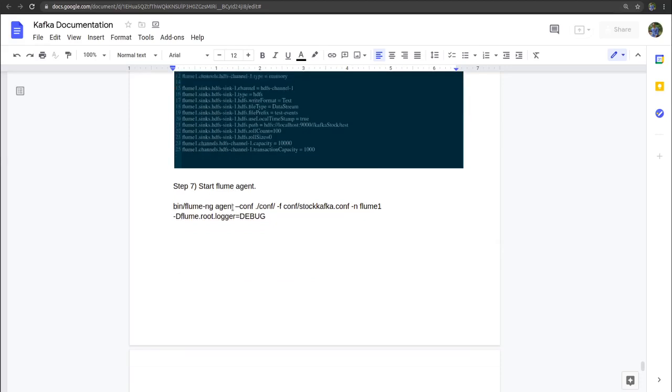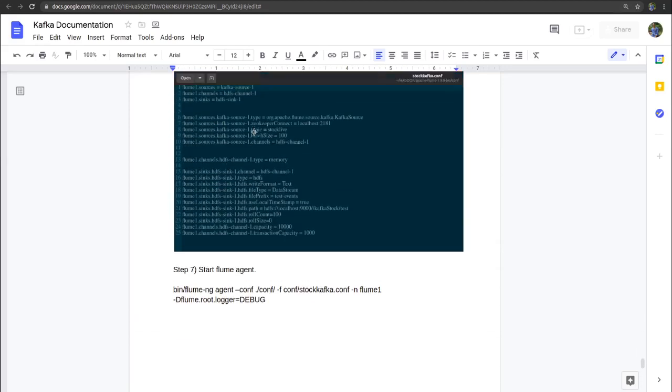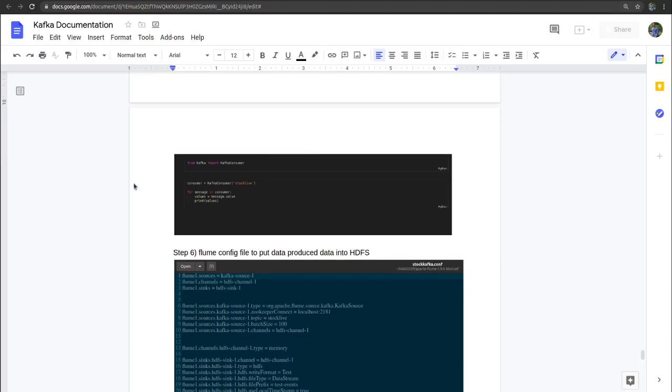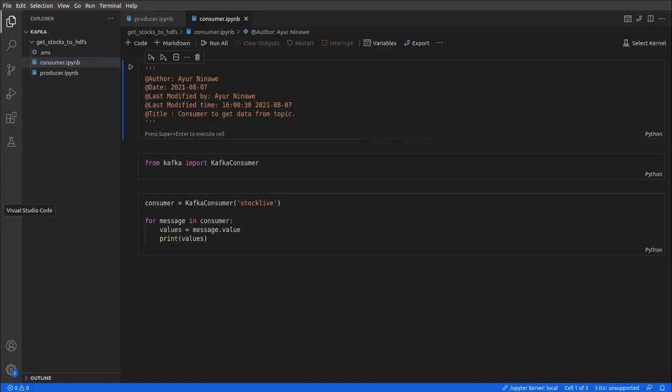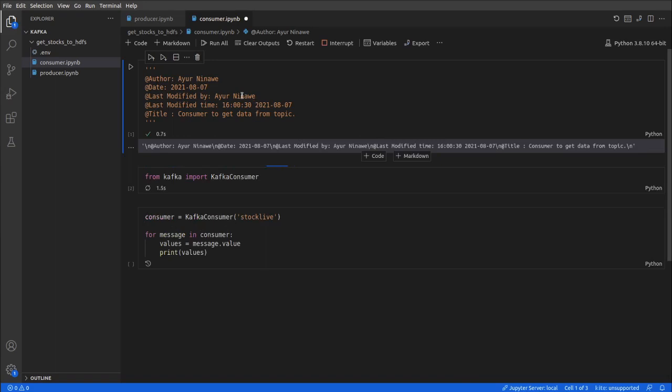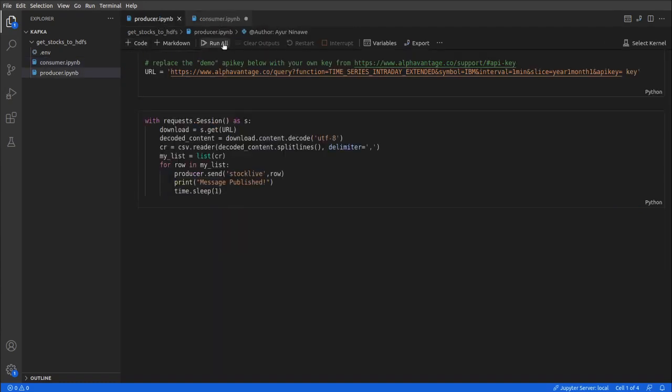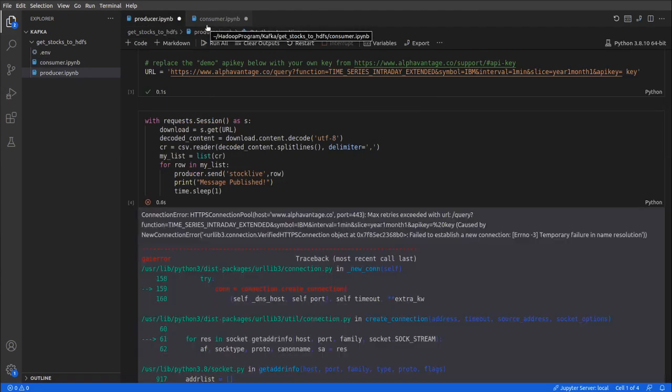And then we will start the Flume agent. But first, let's run our consumer. I will say run all, using Python. So now our consumer is running, and now we are going to run our producer, so it will be giving our data to the consumer.